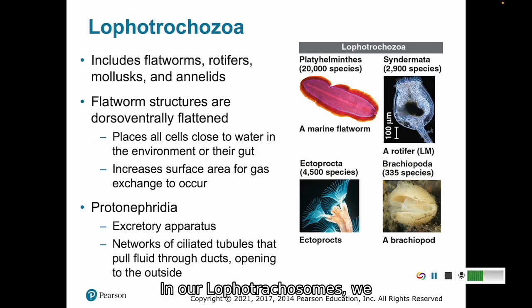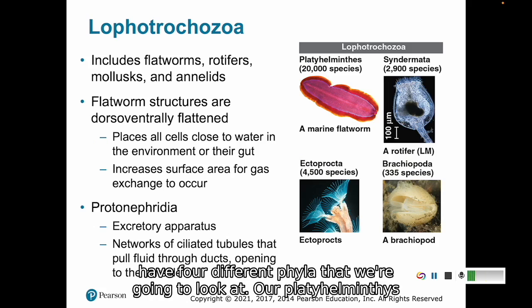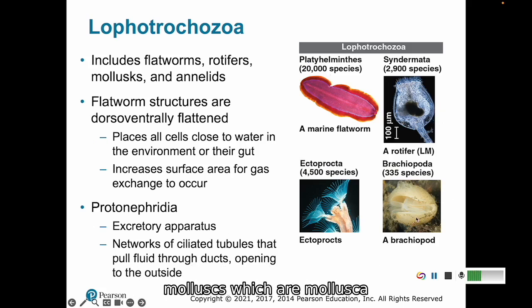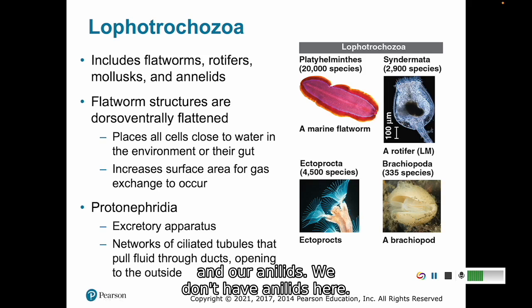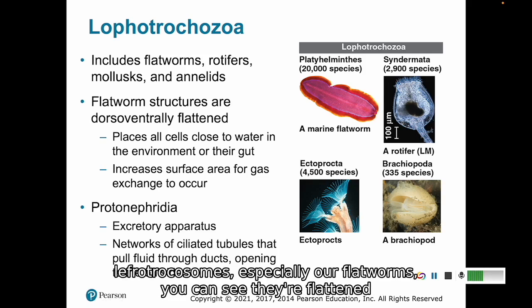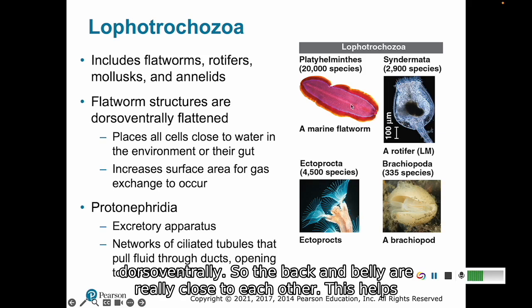In our Lophotrochozoans, we have four different phyla that we're going to look at: our Platyhelminthes, or our flatworms; our rotifers, which are rotifera; our mollusks, which are mollusca; and our annelids. We don't have annelids here. Annelids are a type of worm. In our Lophotrochozoans, especially our flatworms, you can see they're flattened dorsoventrally, so the back and belly are really close